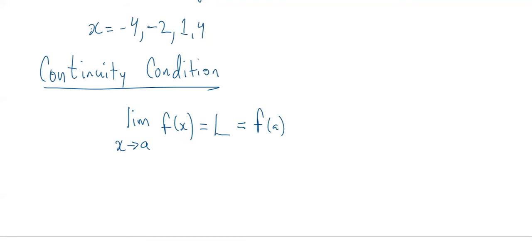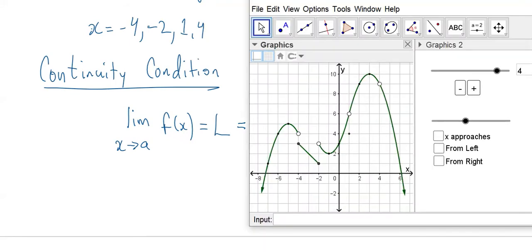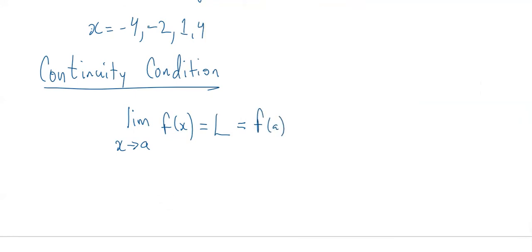In the case up here, the limit as x approaches from the left and the right was 6, but the function equaled 4, so they don't equal each other. So in all the other parts that we were exploring, the limit equals some value L, that equals the same as the function at a. Okay, so this is the condition for continuity